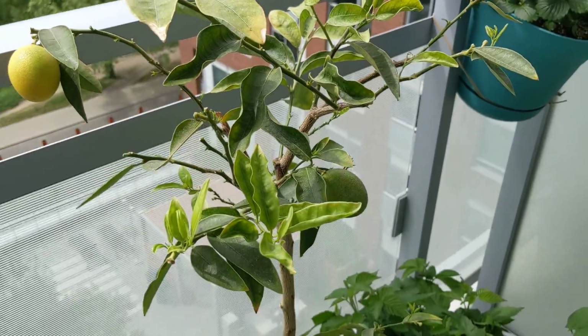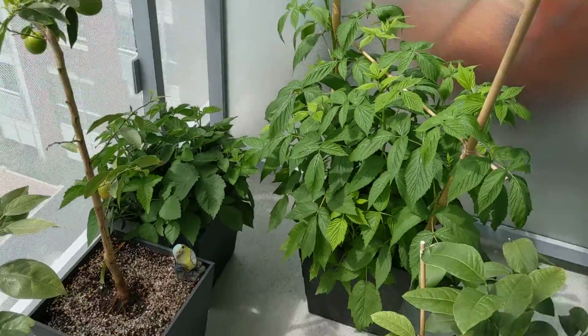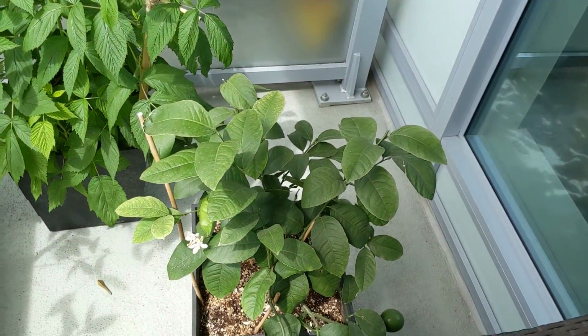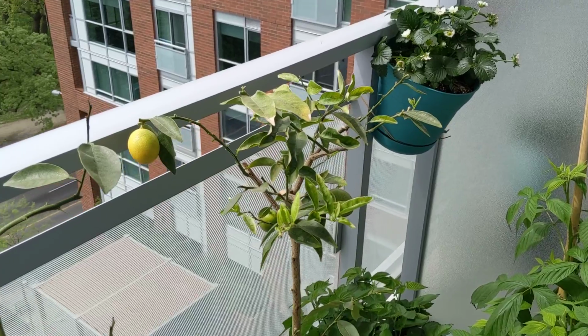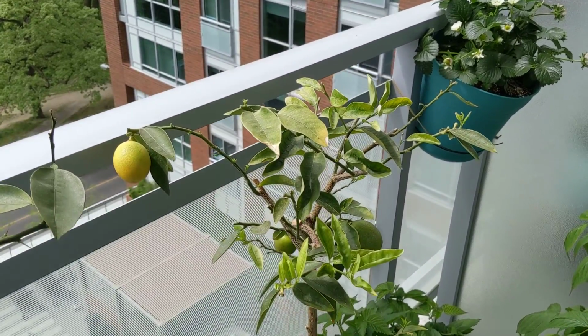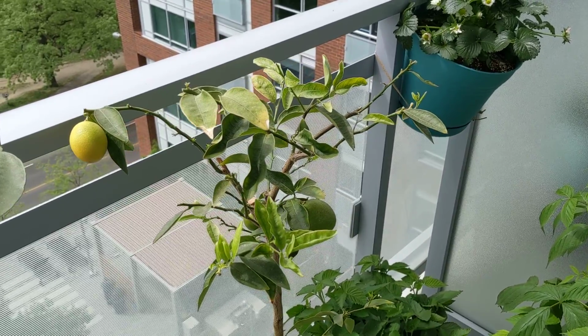This, as you can see, had a bit of a rough winter. I'm going to zoom out a little bit here. You see some of my other citrus fruits. That's my Meyer lemon, my Valencia orange, and as you can see, my Limequat had a bit of a rough winter. I don't think the roots were warm enough, and I definitely did not have enough light, so it lost